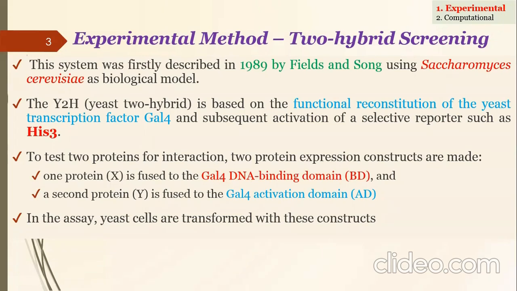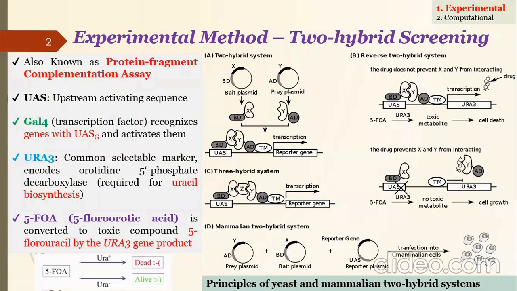The first one has the binding domain, and the other one has the activating domain, and yeast cells are transformed with these constructs. So these were actually transferred to the yeast cells, and these yeast cells then produce these proteins, and they interact and give rise to the whole system, so we can determine whether the proteins are interacting or not. Am I clear? Yes, sir. Okay, and for further things,